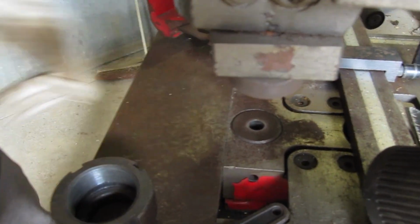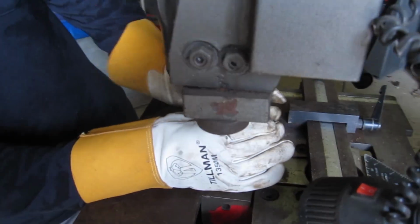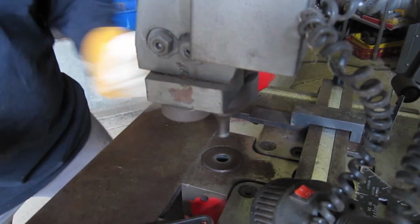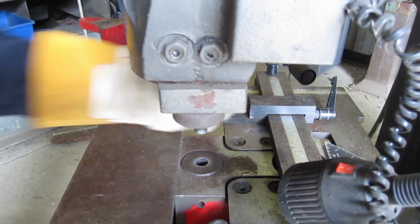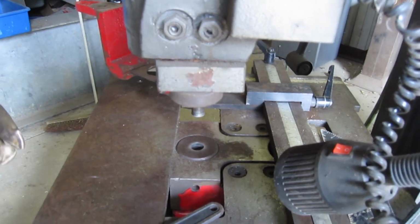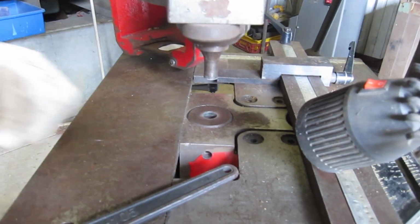Alright, so the first thing I want to do is drop that punch down in there. And then you're going to put your punch on your nut and start tightening it up. Now, you don't want to just run this thing up tight and take for granted it's lined up, because that'll get you killed. So what you do is back it off a little bit, turn your machine on,